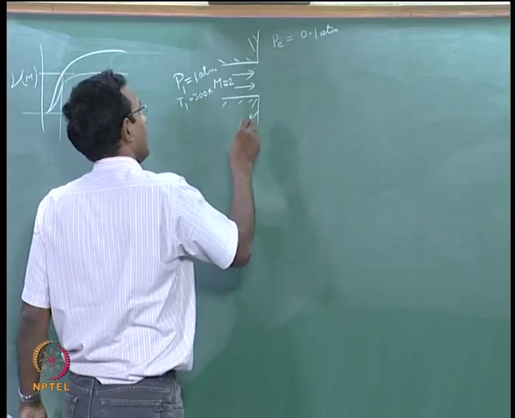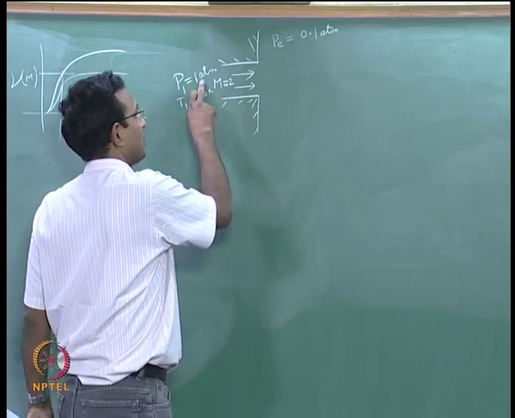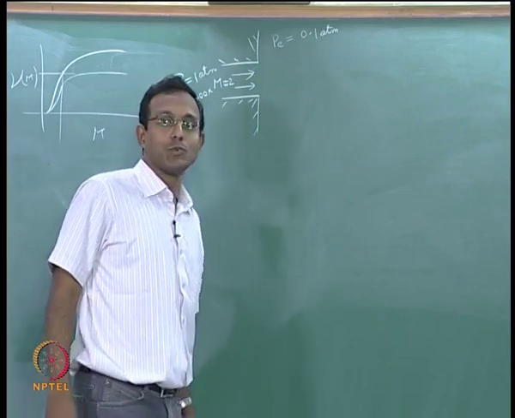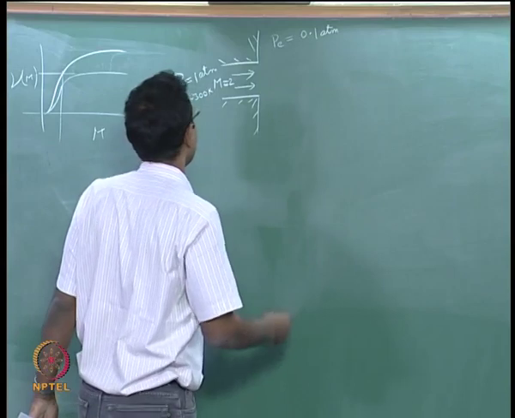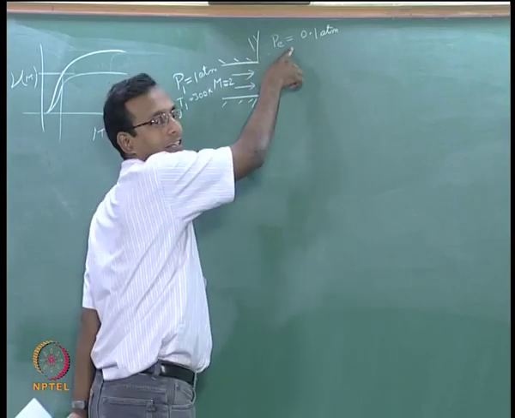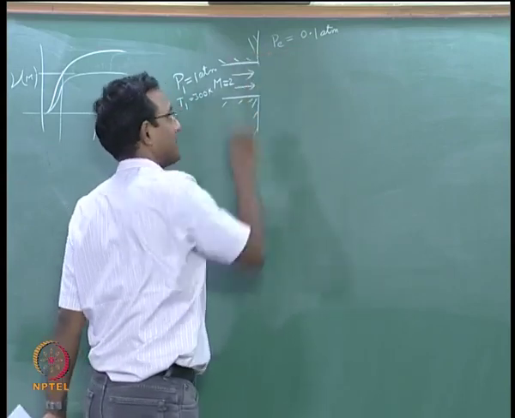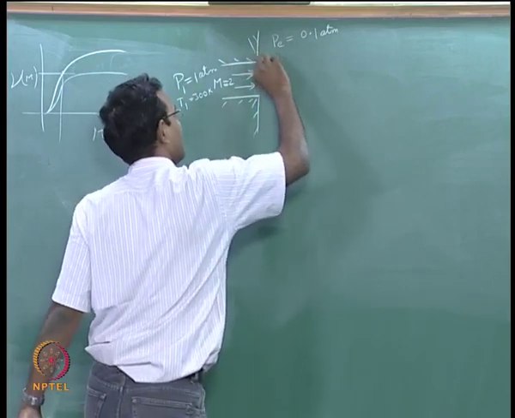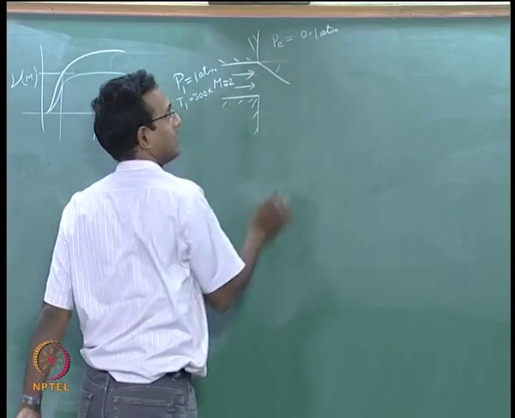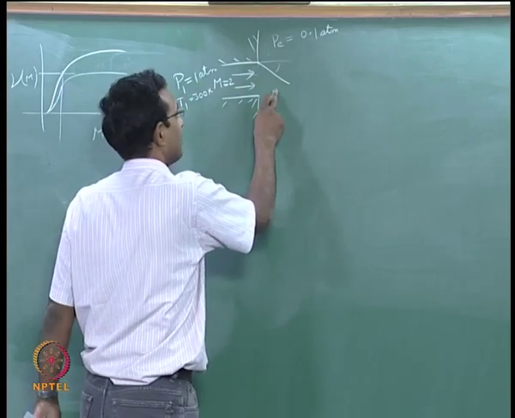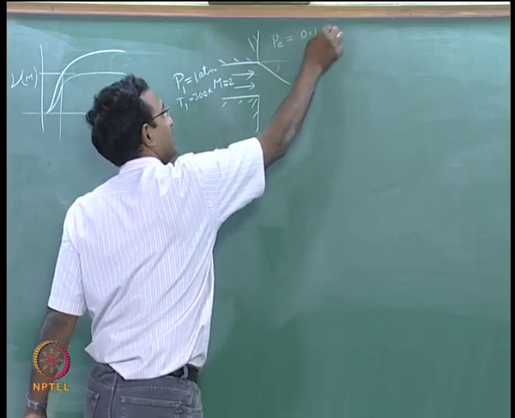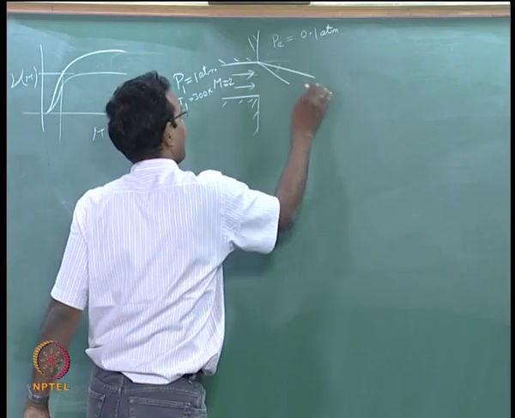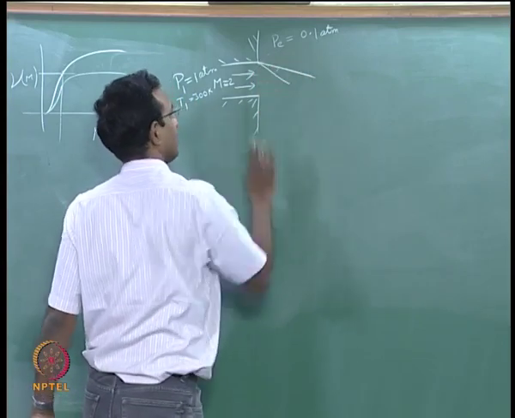Now we know that pressure is 1 atmosphere and it has to decrease to 0.1 atmosphere, which means the flow has to expand more. If it has to expand more, because this is the new boundary condition, then it has to have expansion fans. The very first fan will be with respect to this angle 30 degrees, something like this. This angle is 30 degrees. That is the first fan angle. The last one will be decided by what is the final Mach number. Let us say you can calculate all that. I will just draw some angle roughly currently. Let us assume this is correct for now.